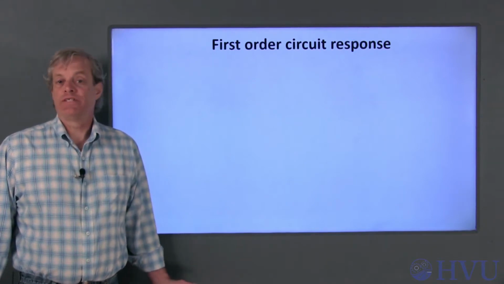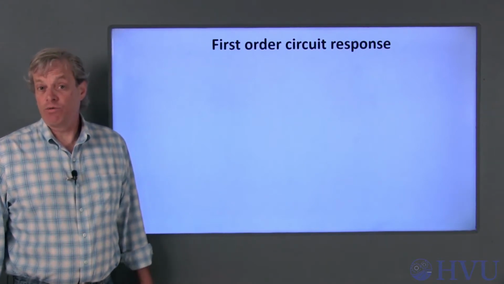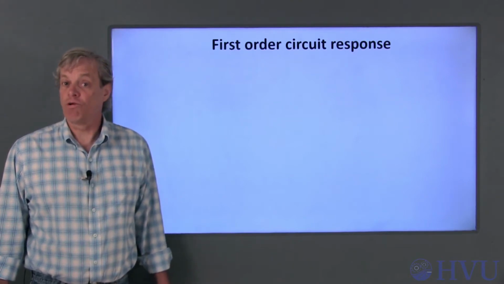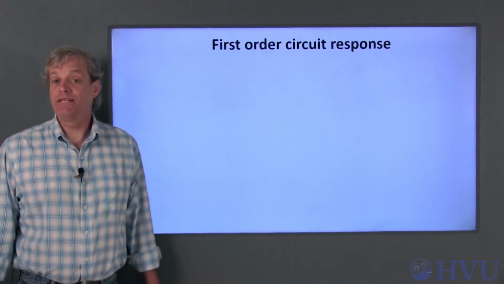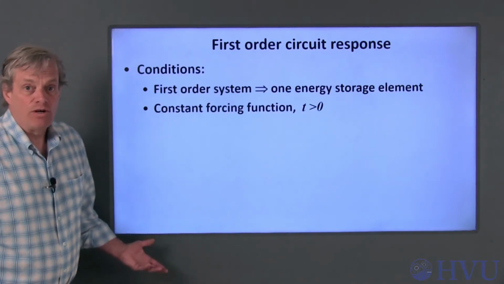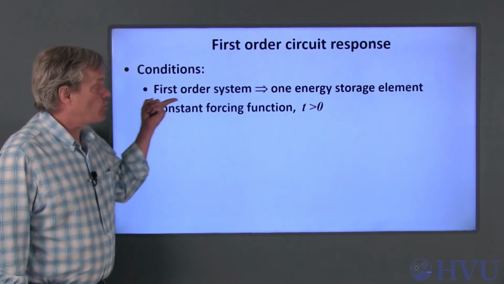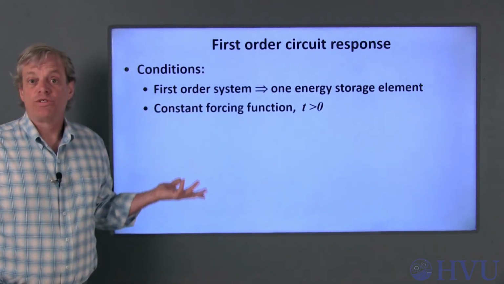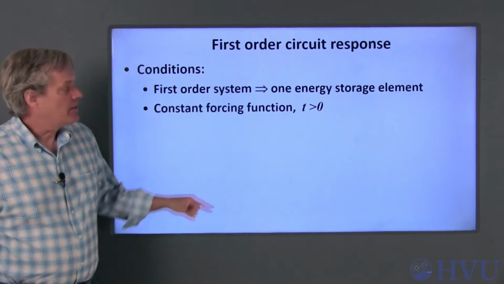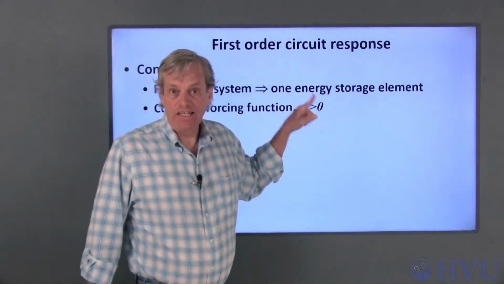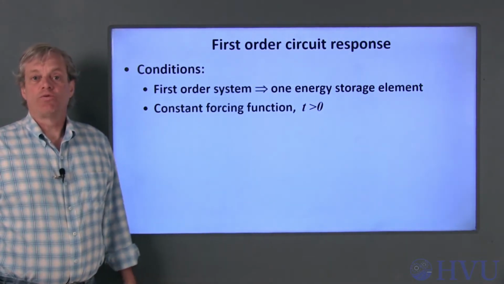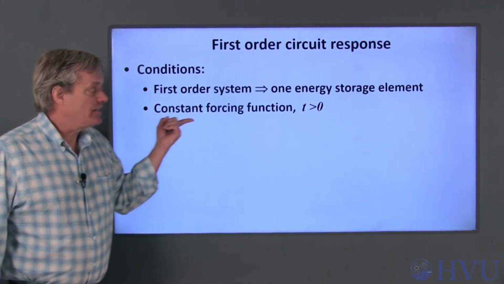This approach results in a significant reduction in effort required to analyze a circuit, but it does require us to make sure that the circuit we're analyzing actually meets the criteria for the assumed form of the solution. In this unit, we're assuming that the circuit is a first-order linear system, which will be governed by a first-order linear differential equation. This means that the circuit can have only one independent energy storage element. The form of the solution that we'll use also relies on the input to the circuit being a constant during